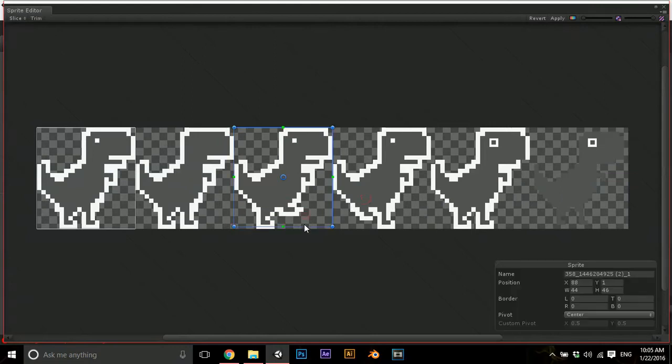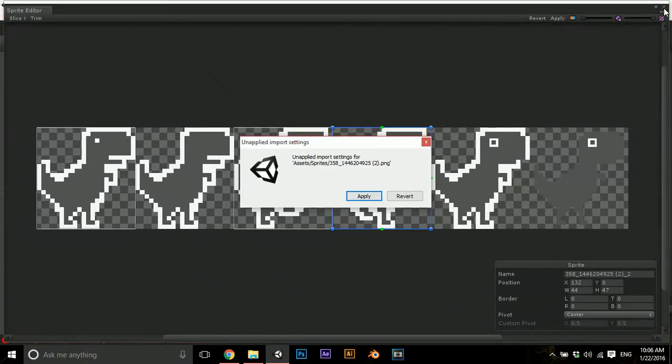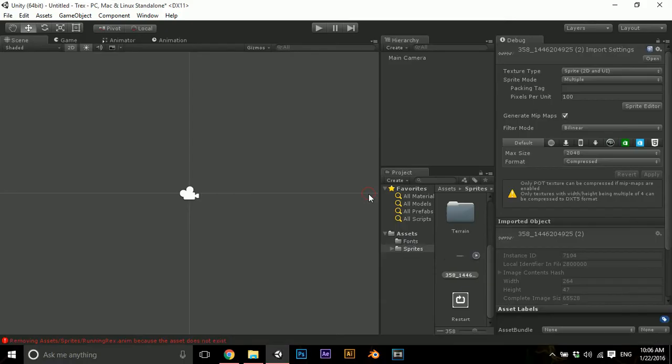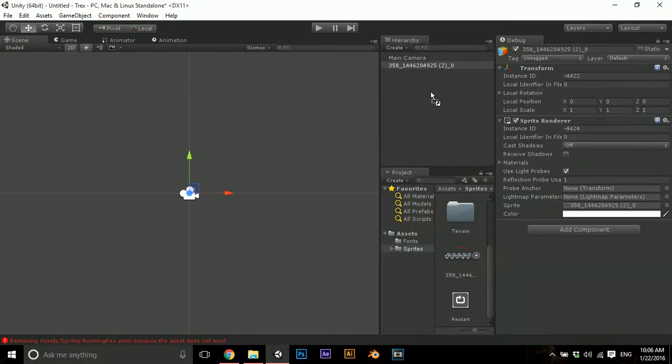And select the next one, which is this. Alright, as of now we need these three sprites to animate T-Rex running. Apply. Alright, we got these sprites, and drag and drop into the hierarchy in order to display the T-Rex on